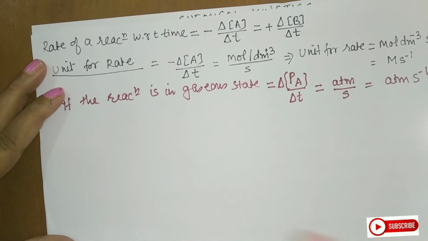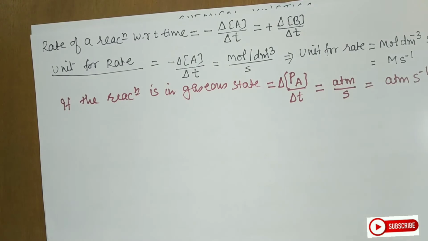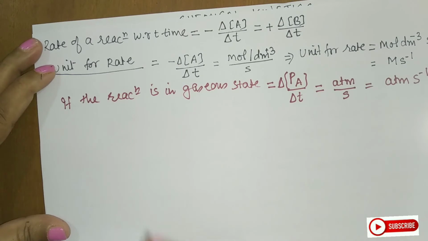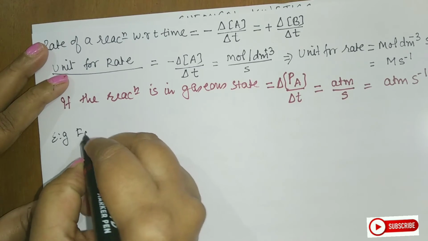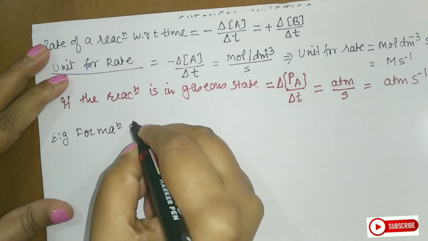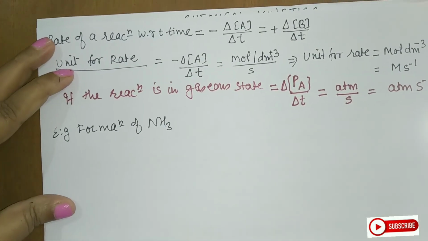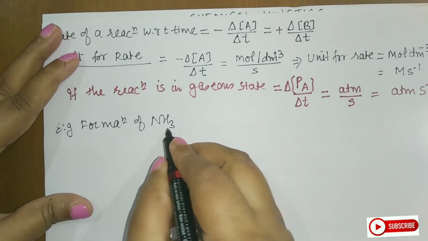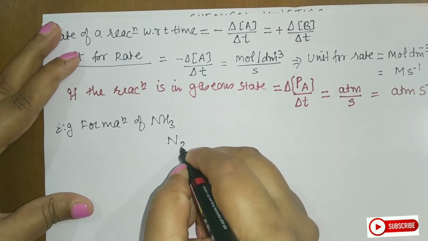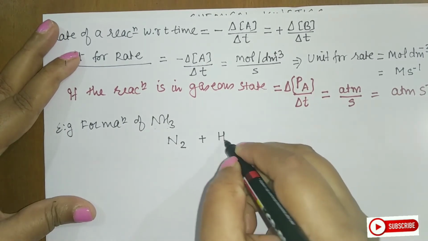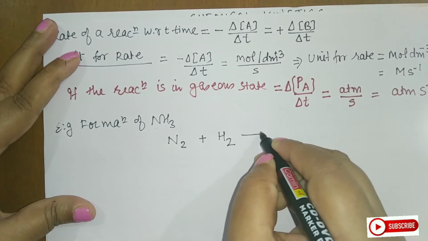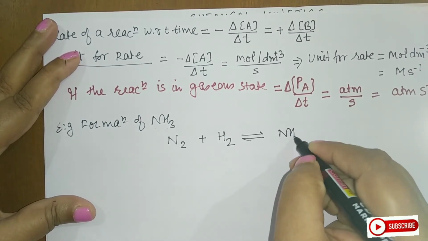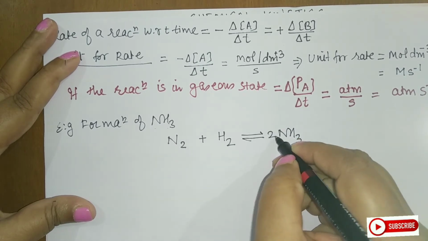Let us take one more example. For that example, we will take something where the stoichiometric coefficients are involved. So students, the next example I will take is the formation of ammonia. Now first let us write the equation. If I say formation, how will I write? N2 gas plus, here I am taking this in the liquid state so that I can go for the same rate. So it will give me NH3. This is 2. So I will balance this in this way.